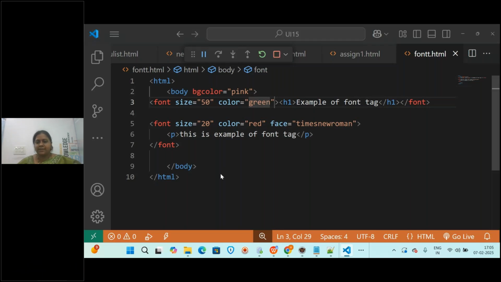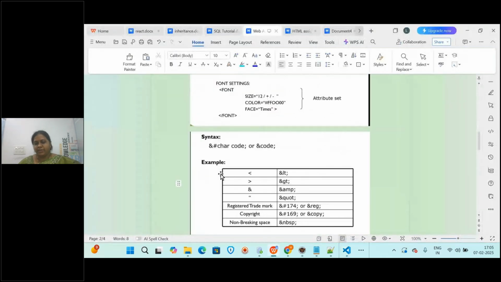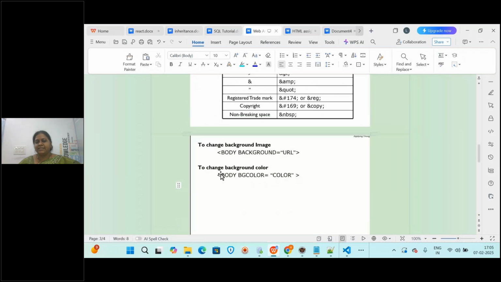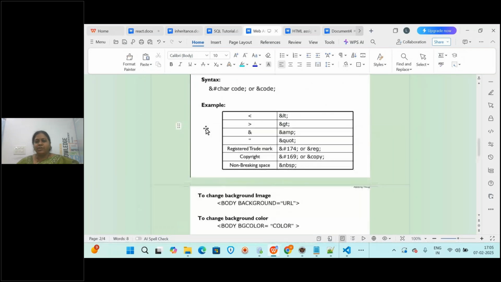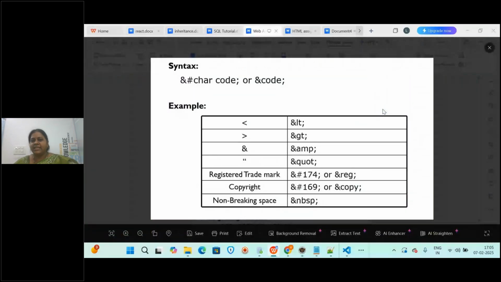Clear? So this is about the font tag that you can apply. And next, we also have some special presentation tags. These are used for some special symbols that you want to print on the screen. Suppose you want to print a less than symbol, but whenever you write the less than symbol, it will think it is a tag. Yes or no?